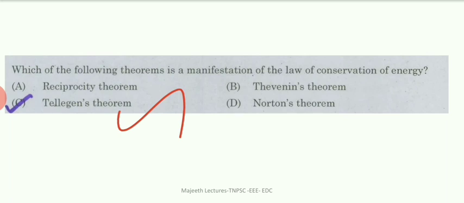So if you have a circuit, the power delivered by the source is equal to the power absorbed by the circuit branches. That is what Tellegen's theorem says. So it is talking about the law of conservation of energy. So option D is the right answer. Right. So we see the remaining questions in